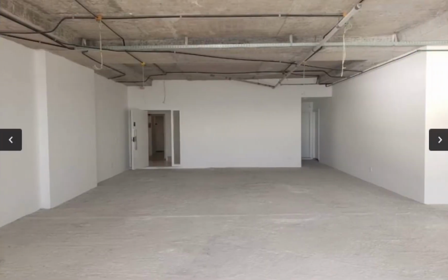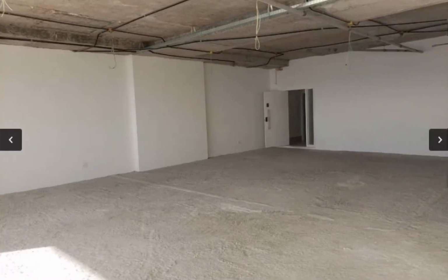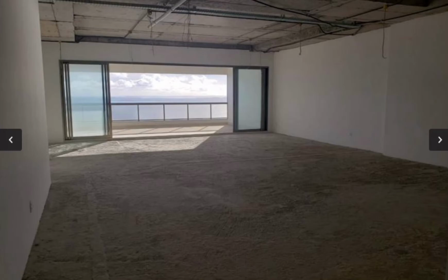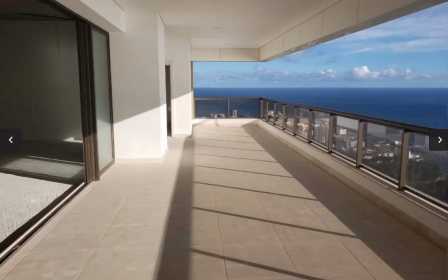So you imagine the photos are gonna look like this, but then you get to the point where, I mean, come on, you couldn't tweak the lighting here. They're not even using filters or doing any sort of tweaks to make these photos look better. And of course, staging is out of the question. Now, not everyone's going to buy a $3 million apartment. Of course not. But that's just to show you how there's no interest in making